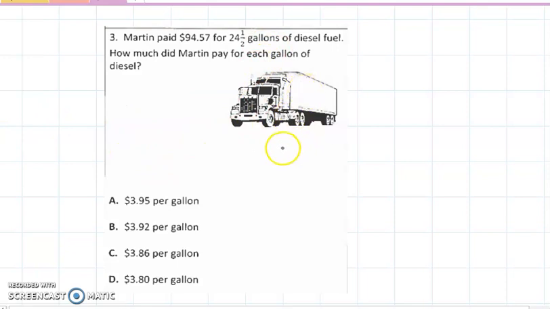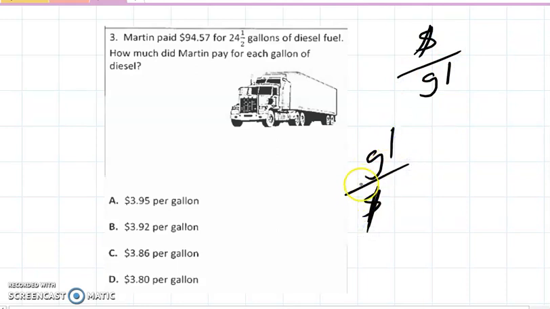Think about when you've gone with your parents to the Stripes convenience store or any place that sells gas, HEB, Walmart, Sam's. You'll notice the sign there. It tells you the price per gallon. In fact, right now the price per gallon is very cheap. Think here. Do you see dollars per gallon or do you see gallons per dollar? If you pay close attention, you'll know which one it applies to in the real world. And so all you have to do is put it this way or put it this way, and then you just use